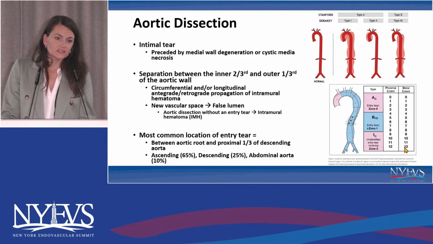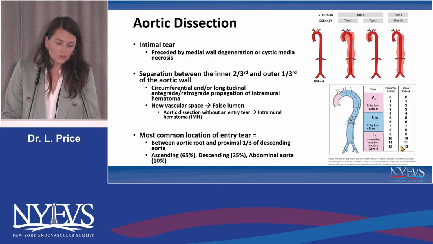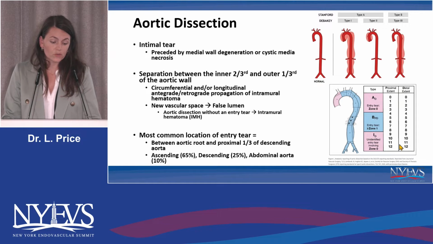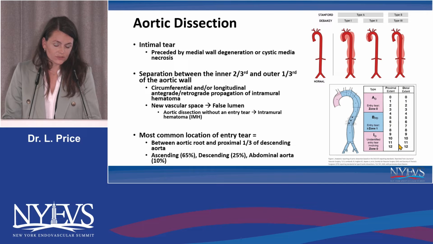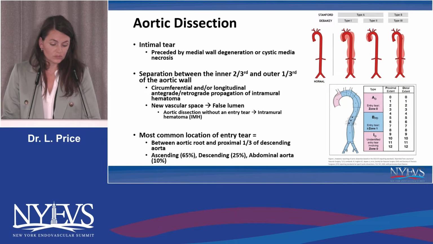All right, so aortic dissections, we know that they start with an intimal tear preceded by medial wall degeneration or cystic media necrosis. It's often associated with then separation of the inner 2/3 and the outer 1/3 of the aortic wall, resulting in circumferential and/or longitudinal antegrade or retrograde propagation of the intramural hematoma. This creates a new space that we refer to as the false lumen. If you have an aortic dissection without an entry tear, we refer to that as an intramural hematoma, and I